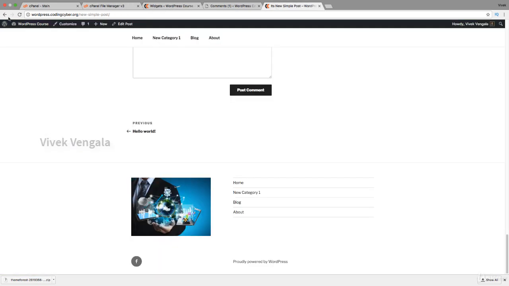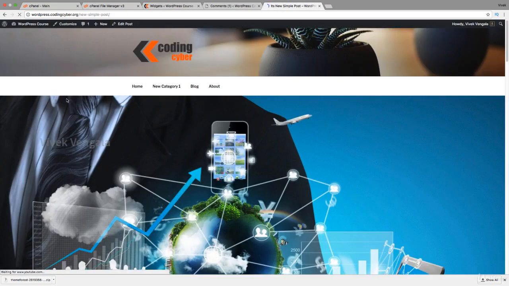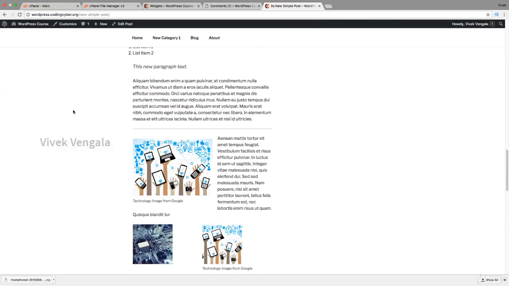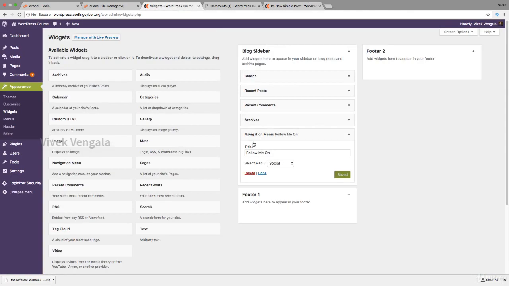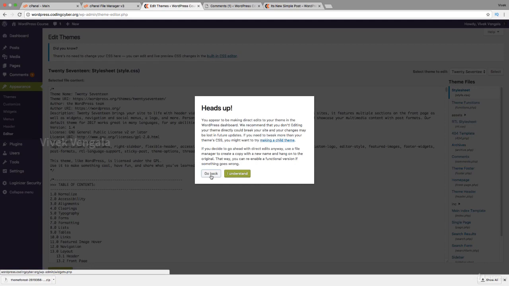If I reload this page, these widgets will disappear, and these are all the widgets available right now in our blog sidebar section. And we have one more section, that is editor. If you want to make any changes to our template, you can use this